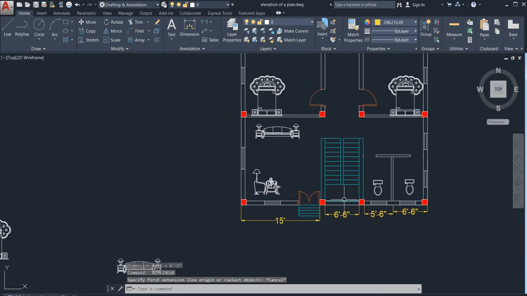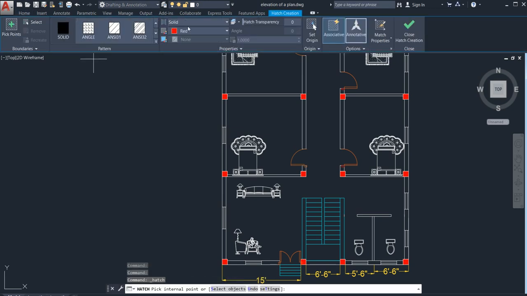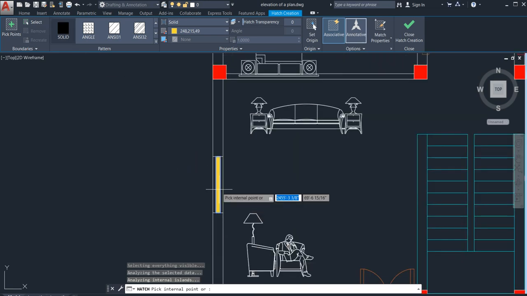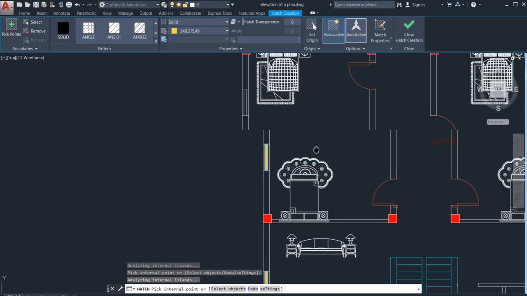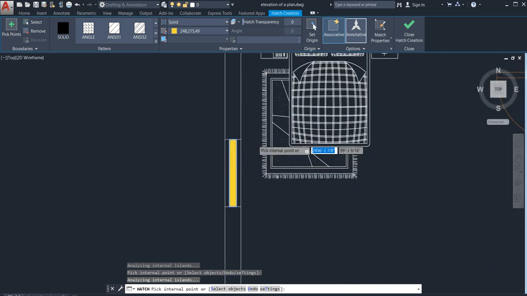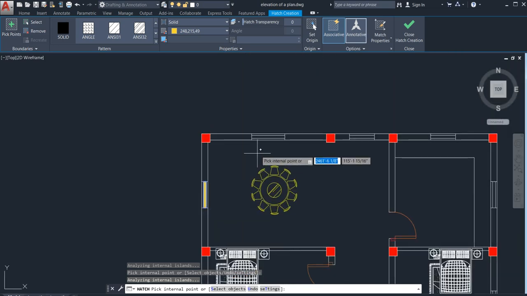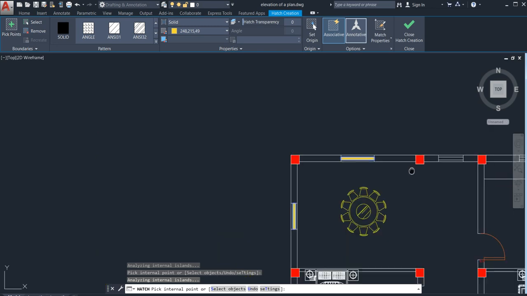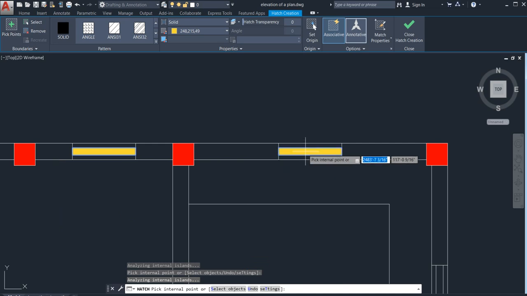Skip it. After that go for some hatching also. Hatching plays a great role in the acceptance of your blocks. Solid. Paint this also. In my previous video I did not show a stair in that plan, so I have come with this tutorial with the stair. Generally the stair is more important.